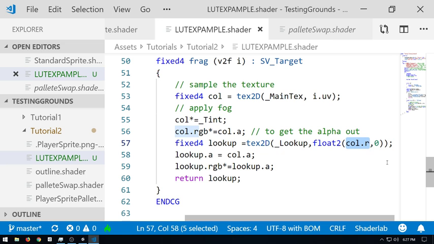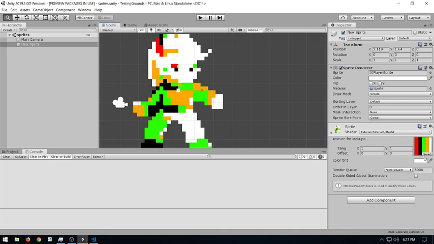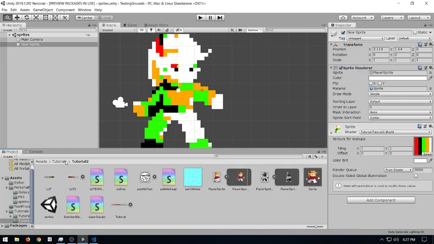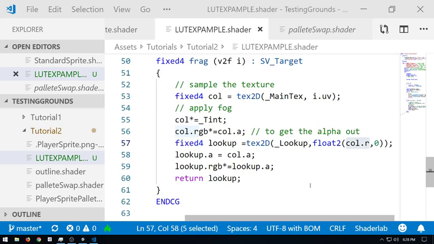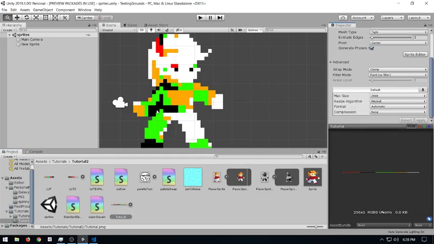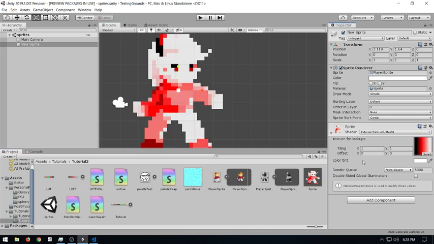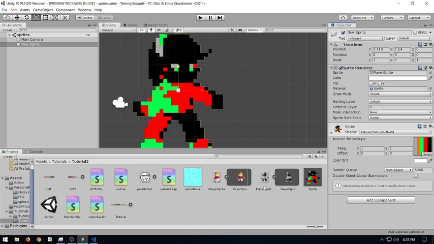And because our lookup table is, hold on, which one is it? This one's 32, this one's 256, so that's the correct one because there's no 0 pixel. Because our lookup table is 255 in nature, we essentially say, hey, for every single individual pixel on the x, whatever value is at r on the actual texture, change it with this one. So we can do this with a lot, and this actually is really versatile for creating real fast new sprites. Like, hey, look, new style, new style. And we can just hot swap these all we want.